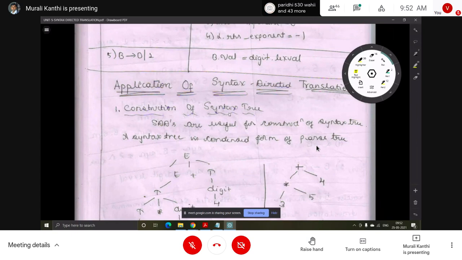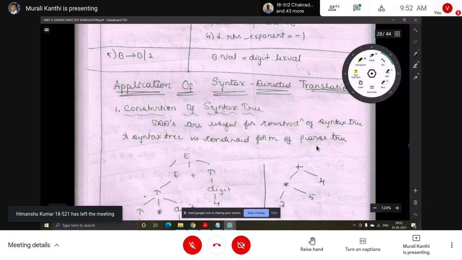Syntax directed translation is used to construct the syntax tree, which is the output from the semantic analyzer, the third phase of the compiler. From this phase you will get the syntax tree as output.